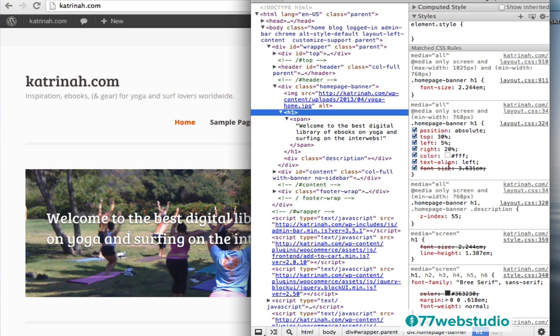Now keep in mind that when you change the code within this Inspect Element developer tool in Google Chrome, it does not actually save the code. This is just a place where you can experiment, you can change things safely and see how the web page now renders just by changing some of the styles here on the right. But in order to save it, you actually have to go into the WordPress site and add the code. So we'll do that in just a moment.